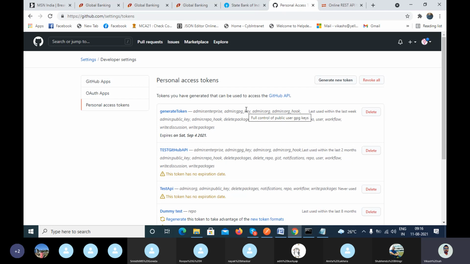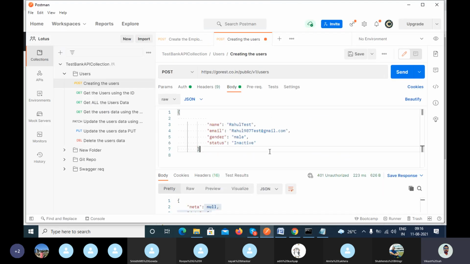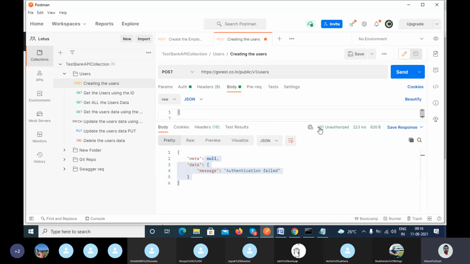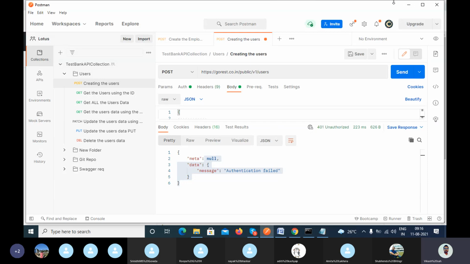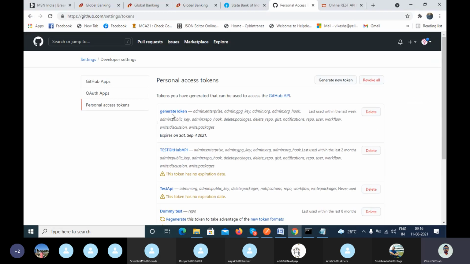When your token expires and you try to do an action again, you will get the 401 unauthorized because your token has expired. So in that case, you have to go and generate the token again. If you are using the UI application, then you have to follow that path to generate the token.